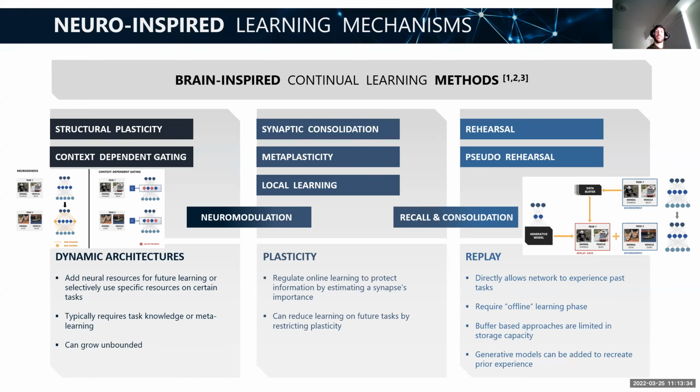But what this requires is an offline learning phase where you can disconnect your model from whatever it's doing in the real world to train on some batch sample of replayed or rehearsed data. It can have memory limits with buffer-based approaches where you can't store an indefinite number of memories. Generative models address this issue, but then they get into their own issues too. So each approach has pros and cons, and there are works addressing all sorts of different issues and creating more issues. So it's a very fast growing and changing field.